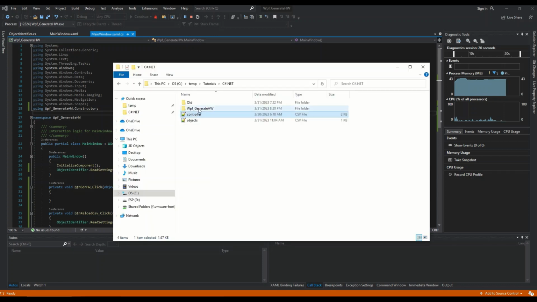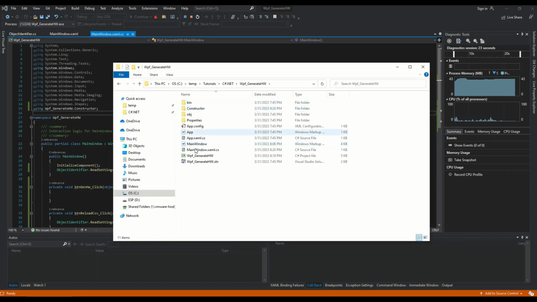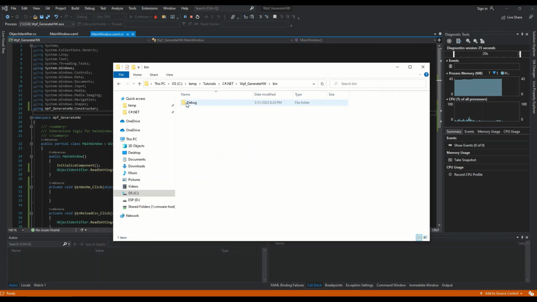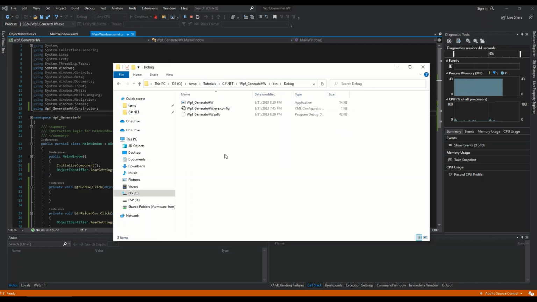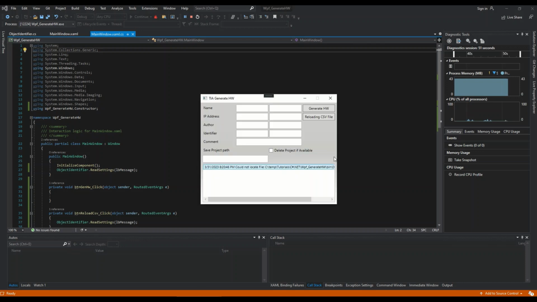Because if we go where we created our project and go to our debug, actually we don't have anything. So I would like to go to our C#, just copy the files, and just paste them in the folder where our application actually is. So right now, if we go back and reload this CSV file,